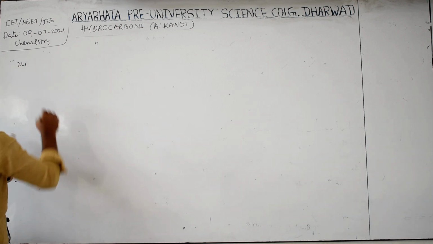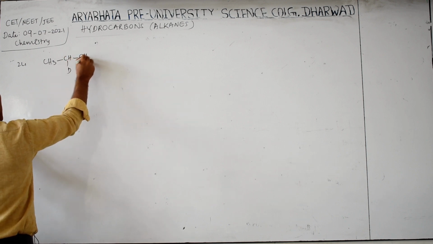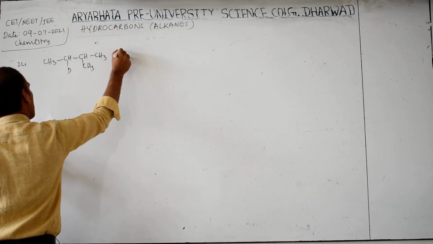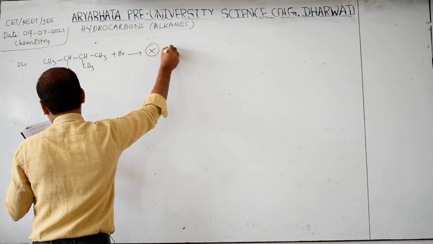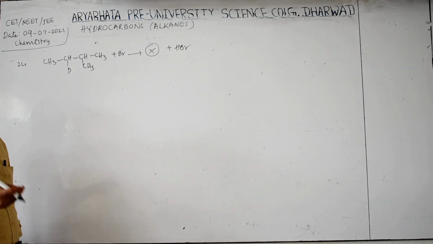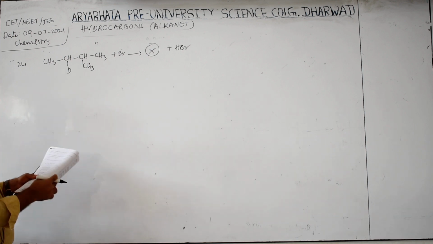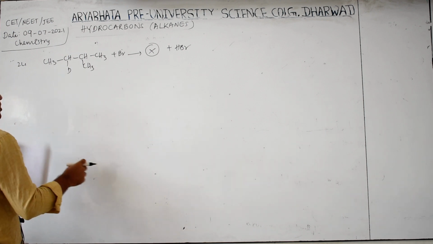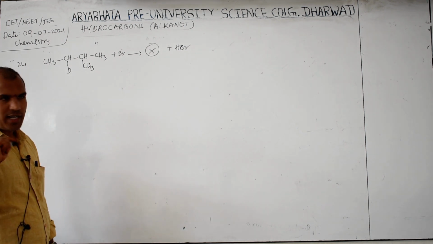Consider the following reaction. Here given reaction CH3, CH, D, CH, CH3, CH3 plus Br dot. This will react and gives X as a product plus HBr. Come on. Now, whatever we discuss, bromine reactions are which one? Highly selective. So, this is a question. Option they given here, identify the structure of major product. First, identify, you know already concept, then for direct we can write the option. Only correct option.